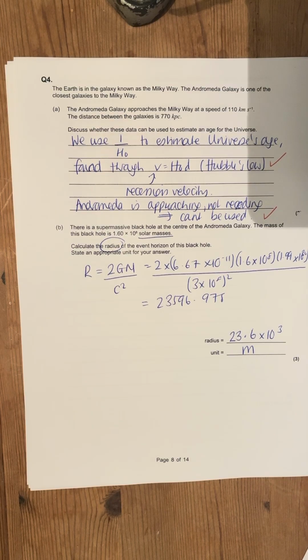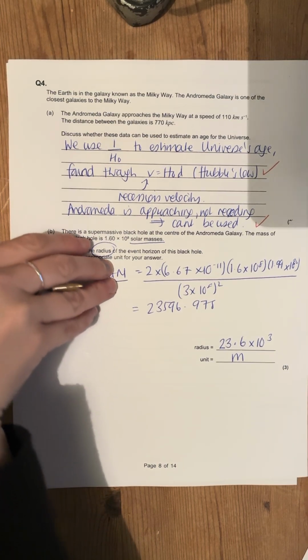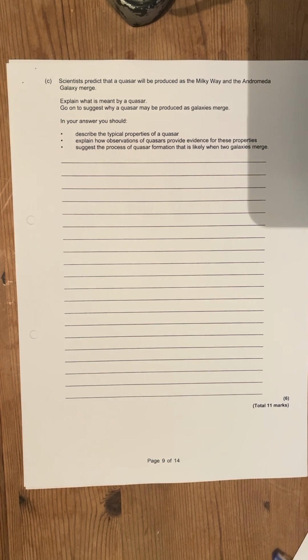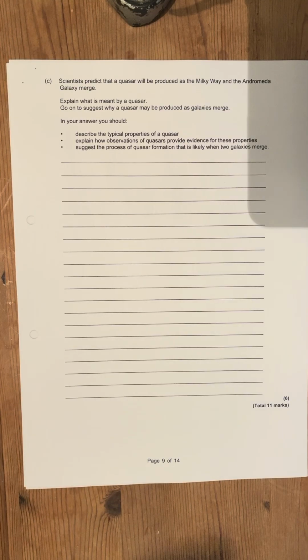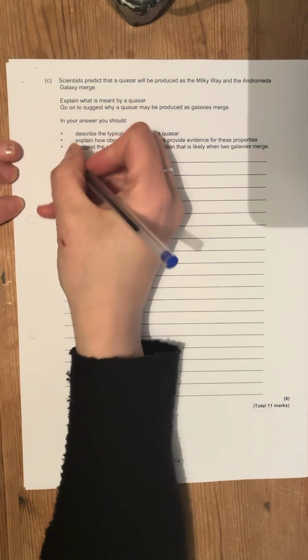And then finally, our 6-mark question, or a longer question, it's kind of a bit of a gift. I think the mark scheme's a little bit weird, what they want you to say, but it's basically just asking you to talk about quasars. So what is a quasar? What is the point of a quasar? Well, not really what's the point of a quasar, but what does it tell us? Go on to suggest why a quasar might be produced as galaxies merge, and in your answer you should describe properties, observations that provide evidence for those properties, and suggest the process of quasar formation and why it's likely when 2 galaxies merge. So a quasar is a